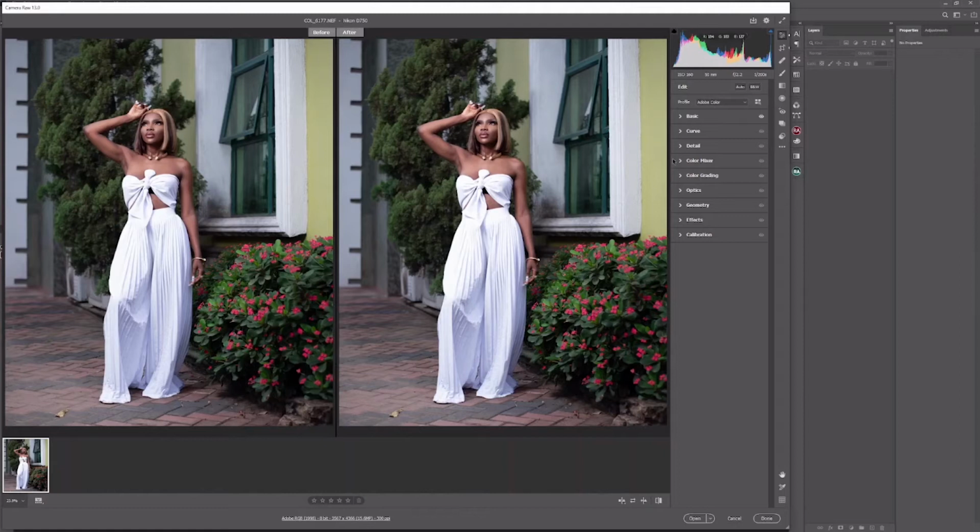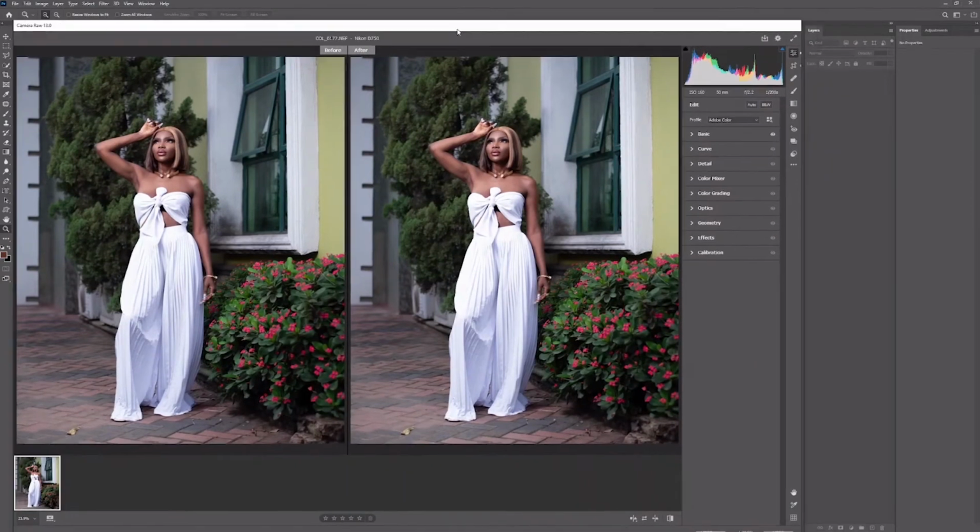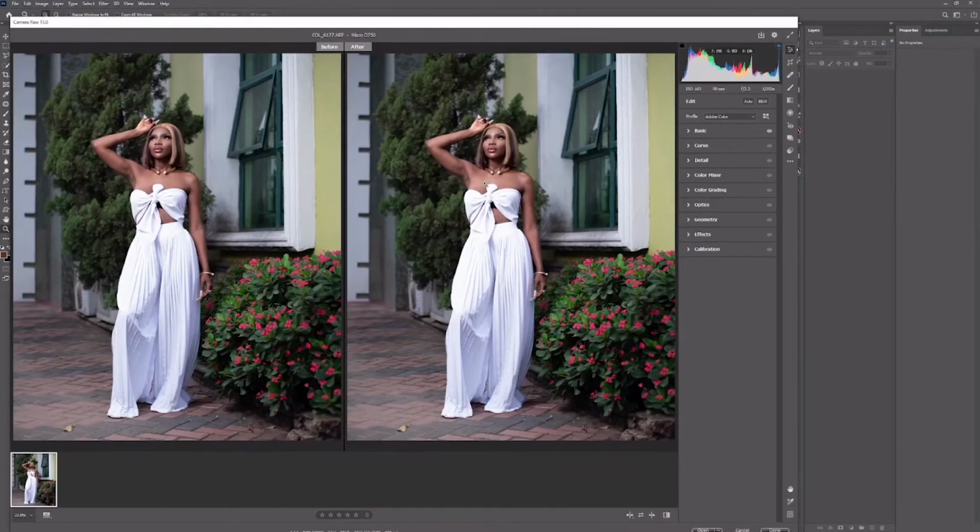Well, this is Photoshop 2021. This is what the camera raw filter looks like. When you put your image in camera raw, it appears like this. So I'm going to show you how I mostly color grade, the steps I mostly use, and everything I do